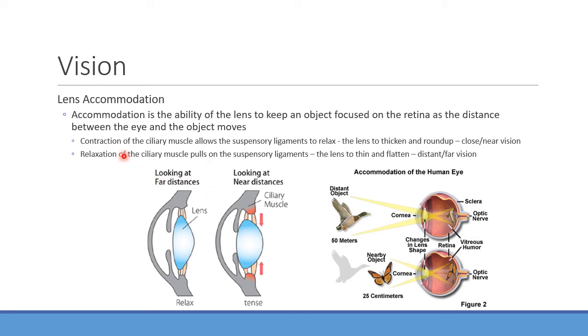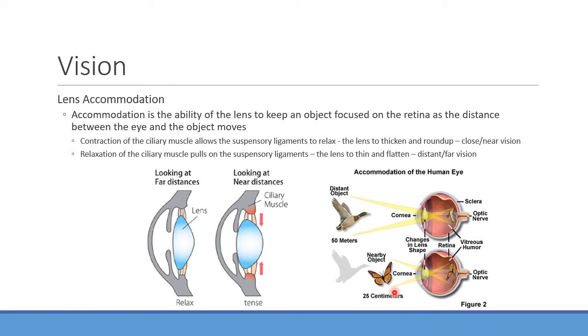And then looking at lens accommodation, we kind of talked about this already, but as we constantly shift our fixation, or as an object moves, we need to be able to accommodate that lens pretty quickly. So for instance, we're dealing with contraction of the ciliary muscles. That goes around and is attached to the ligaments that are attached to the lens. As you contract that, it allows those ligaments to relax and loosens up the tension, and that makes the lens thicken and get more circular in shape. That's better for close or near vision, because it moves the focal point forward a little bit onto the fovea, in the back of the retina, where we get the best picture.